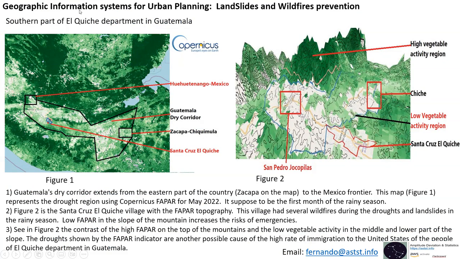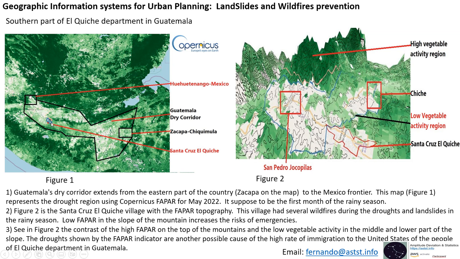For example, we have these geographical information systems of urban planning, the landslides and wildfires prevention in the southern part of El Quiché department in Guatemala. We have this, that the dry corridor of Guatemala extends from the eastern part in the department of Zacapa and Chiquimula, going to the frontier to Mexico in Huehuetenango, and in the middle, right here, we have a village called Santa Cruz El Quiché that suffered